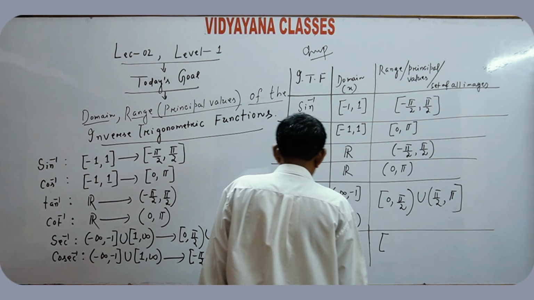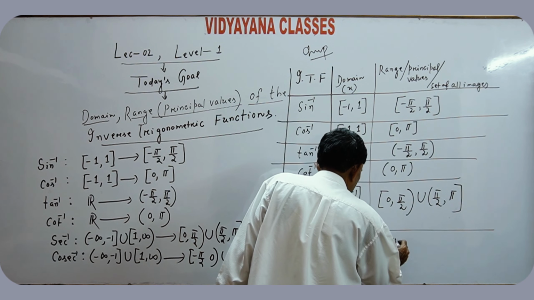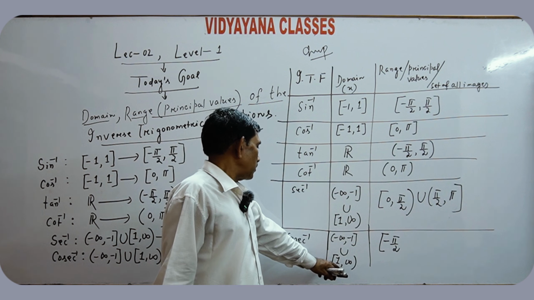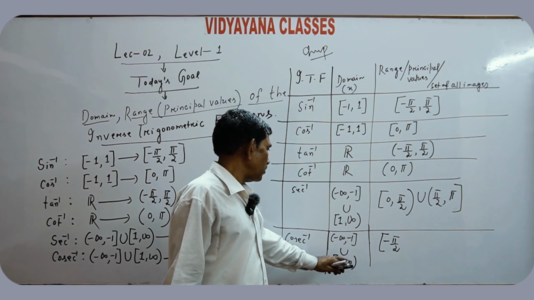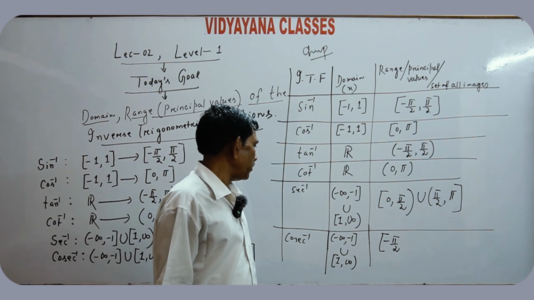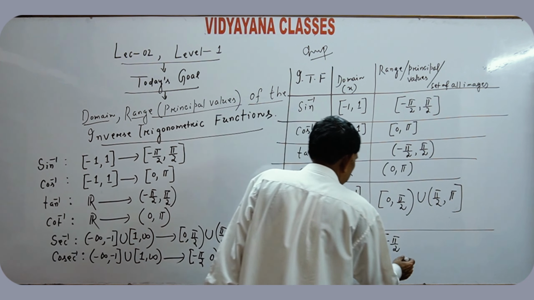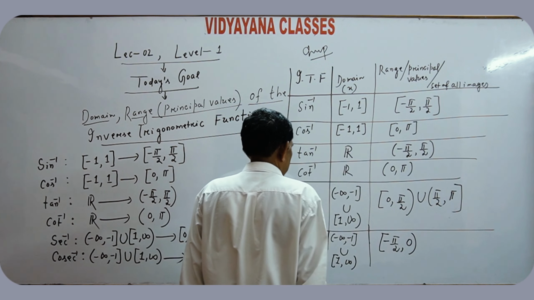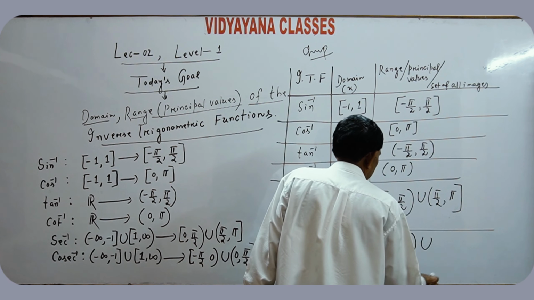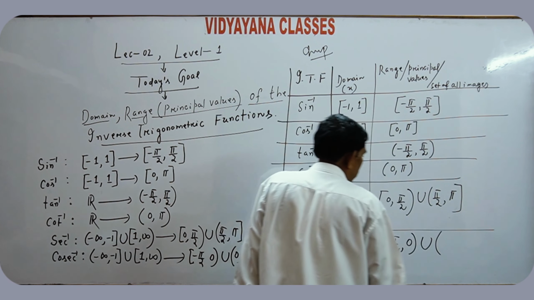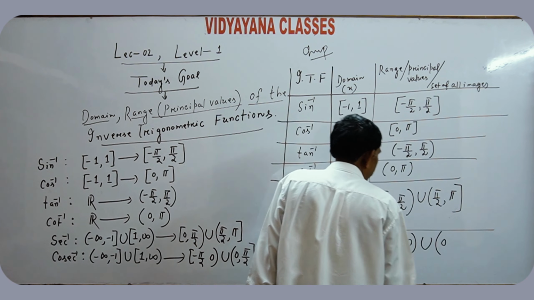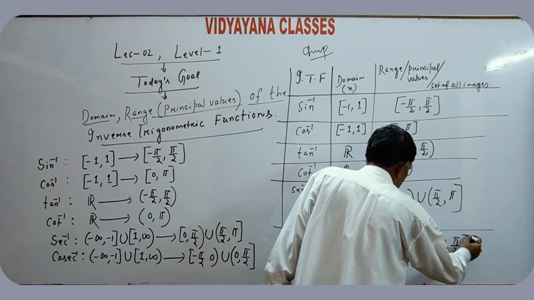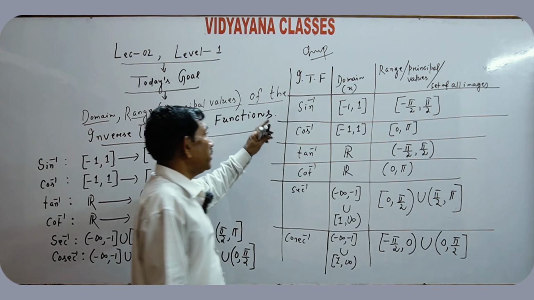Close bracket minus pi by 2. Cosec pi by 2 is equal to 1 and cosec minus pi by 2 is equal to minus 1. Minus pi by 2 to 0 open bracket union open bracket 0 to pi by 2 close bracket. Very important